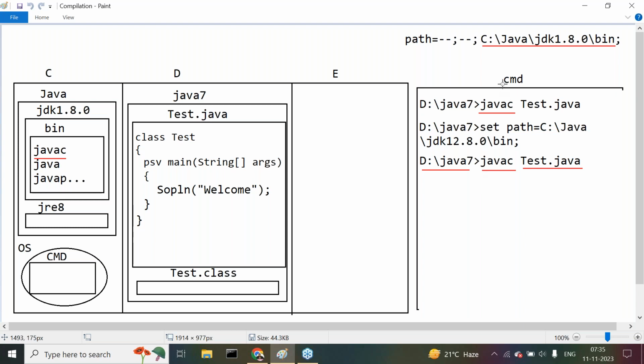To perform compilation, first we have to open the command prompt. Inside this command prompt, we provide d:/java7. There we need to use the command javac space Test.java. This is the command we have to use. When we provide javac Test.java, immediately the operating system will take the javac